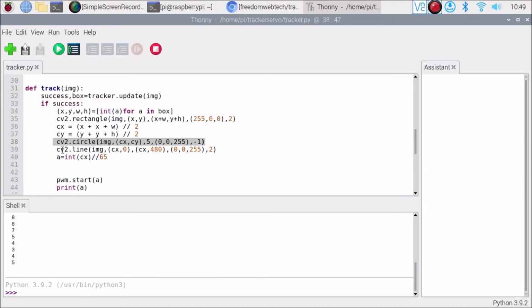Okay, so now we have cx and cy. We need to simply draw the line through our object's center point. For that I have mentioned here a cv2.line method. Again, we need to pass img, then cx 0, cx 480 is our height, then the color for the line and the thickness. That's it. Now if I start the code,